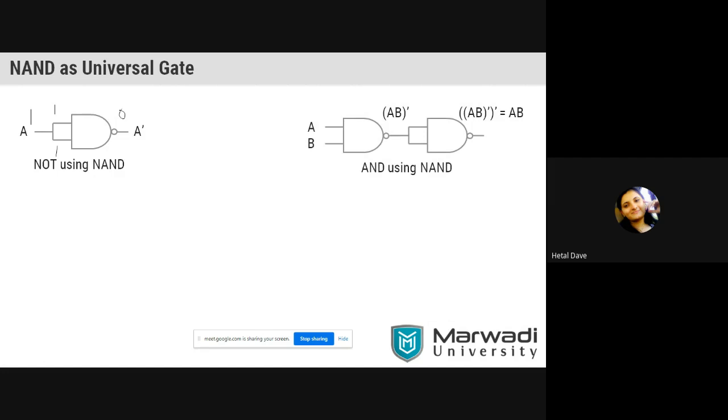Okay. Second thing, observe here: NAND gate as an AND gate. Suppose you don't have an AND gate IC, but still you want the AND gate function. You currently have a NAND gate IC. So if you make this kind of connection, then you can easily get an AND gate. Now what is happening here? Can anyone explain it? It's very easy.